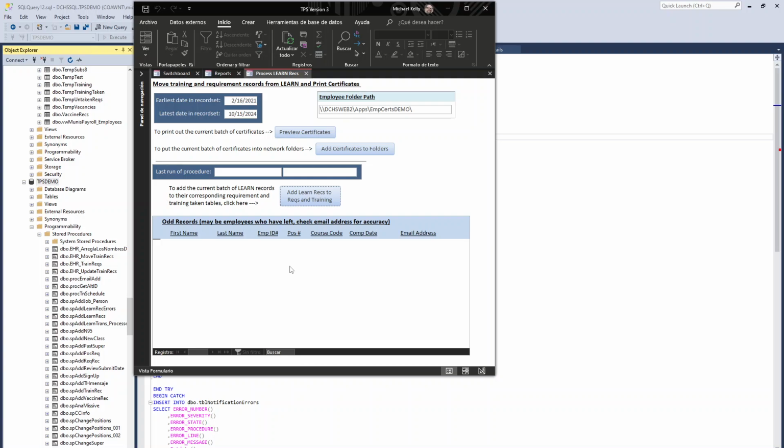Sometimes it can mean that there is a training record in there for somebody who has been fired. And in that case, it's not a matter of just putting the email address in their profile. It's a matter of going in there and just deleting it. I should figure out a way to just get rid of that, but so far it hasn't been worth the effort. Okay, so first thing I'm going to do is I'm going to click this Add Learn Recs to Recs